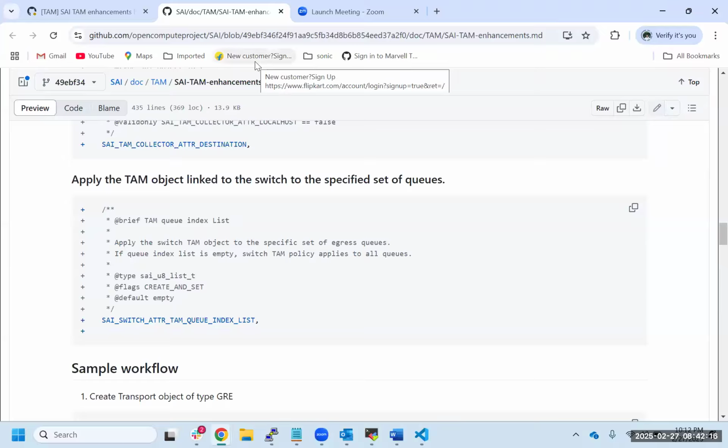Okay. If that's such a behavior, right? Now, with the existing model, what the NOS can do is go to port 1, Q5, that's one QoID for that. On that QoID, it can attach a TAM object 1. But we'll still have to wait for the same TAM object 1 to be attached to port 2's Q1. Similarly, port 3's Q1, like that, we have to wait for all this to happen on all the ports before we can enable it on the